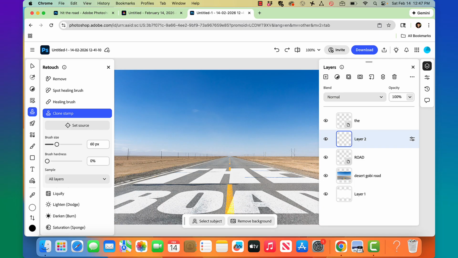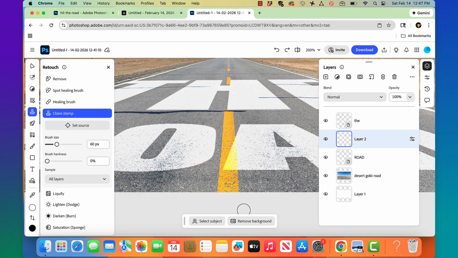So this tool is tricky for beginners. So you option click a source and then paint, option set a new source and paint. All right, so I got all that glaring yellow taken care of. So now what I have to do is add a layer mask. Add a layer mask,